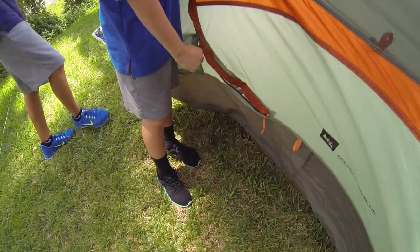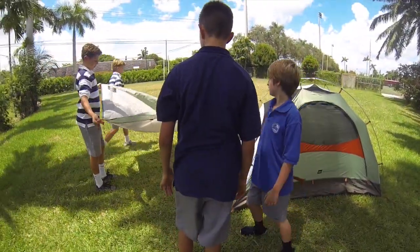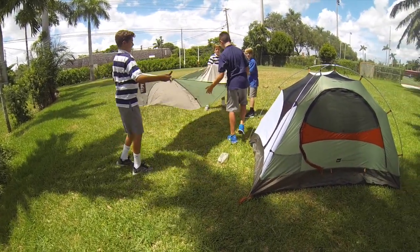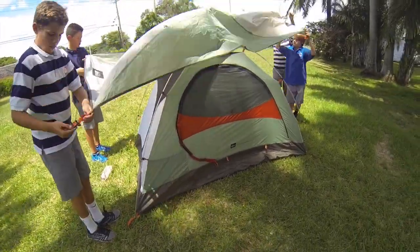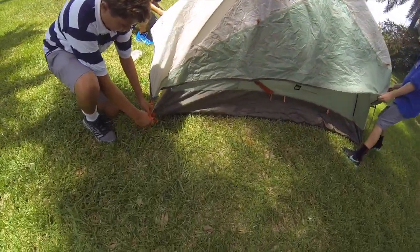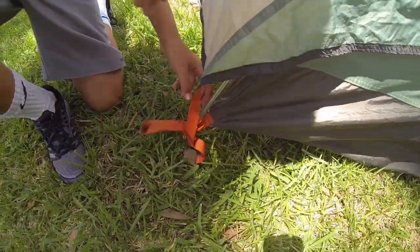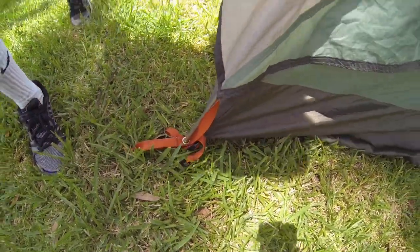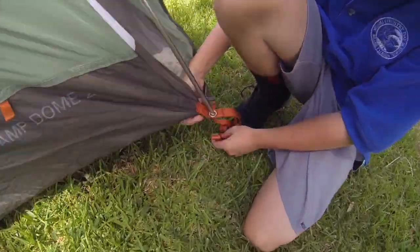But first just put the fly on. On the right side, that's not inside out. And it's turned to be on the right side. And then you match white with white and green with green, and you put the rain fly grommet under the poles which you've already put on. And everybody does that. And once everybody is successful in doing that,